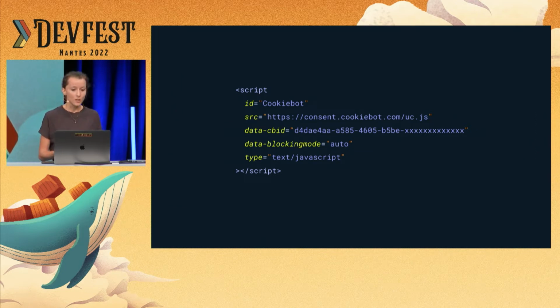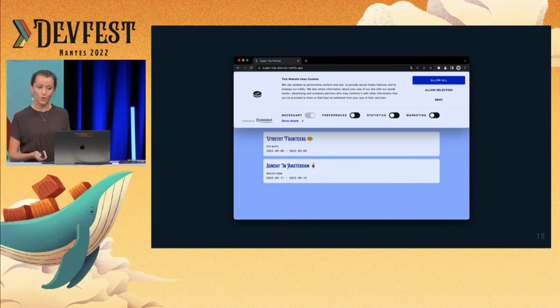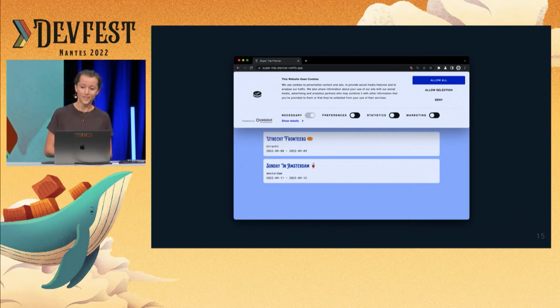And then once you've done all of that, boom, magic, the cookie banner is displayed on your site. And that's the important bit: it automatically lists the cookies and categorizes them in a few categories that we're all too familiar with: necessary, preferences, statistics and marketing. So this is very convenient, but we want to be careful about the ways this can impact user experience.